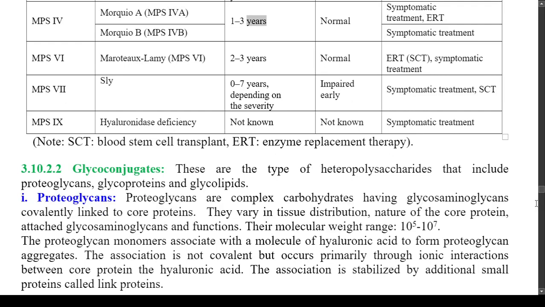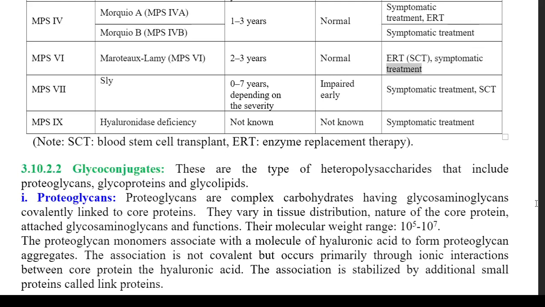Diagnosed at 1 to 3 years. Normal. Symptomatic treatment, ERT. Morquio B, MPS IVB. Symptomatic treatment. MPS VI. Maroteaux-Lamy, MPS VI. Diagnosed at 2 to 3 years. Normal. ERT,